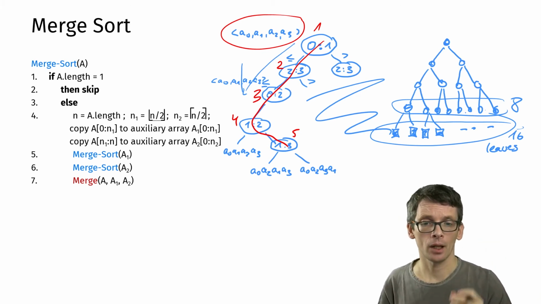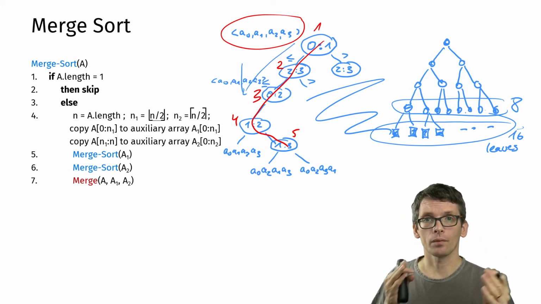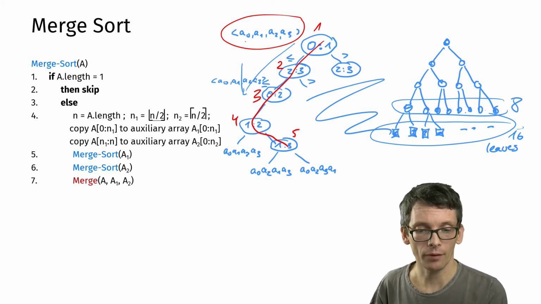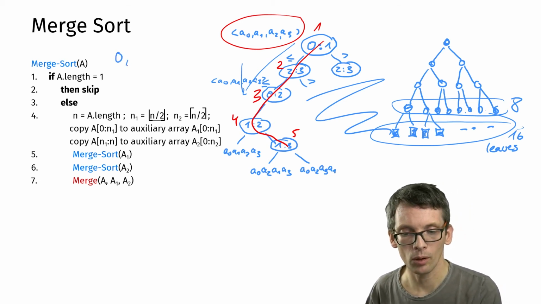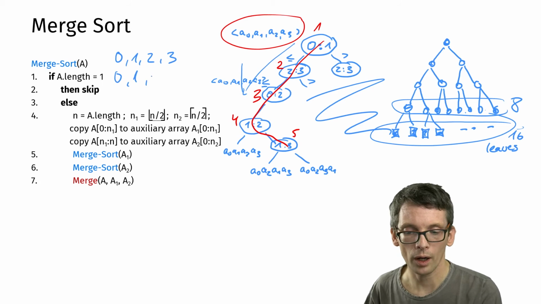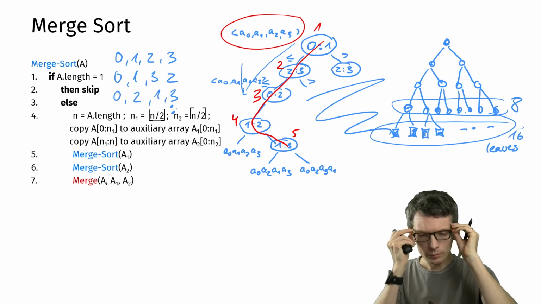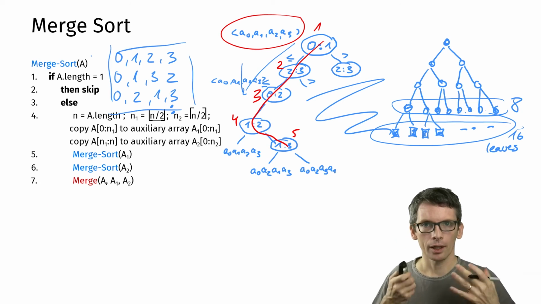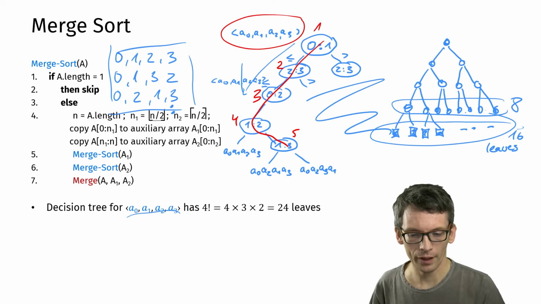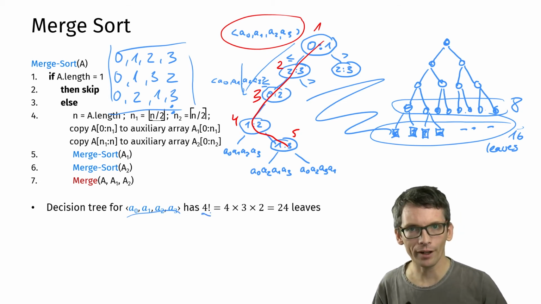16 leaves. Now if I look at the permutations of A0 to A3, then okay, I can have A0 first, A1, A2, A3. Let me just write the indices: 0, 1, 2, 3. I can have 0, 1, 3, 2. I can have 0, 2, 1, 3, and so on. So how many different ways do I have? That is the number of permutations. So the number of permutations of A0 to A3 is 4 factorial, so that is 4